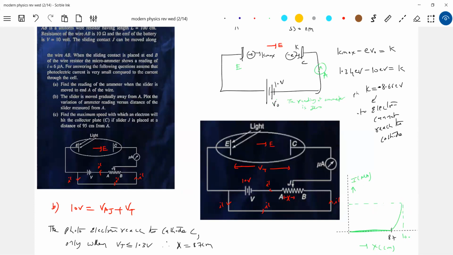In this case, because the potential difference is in the other direction, if we change the polarity, then we can get saturation on the other side. The increasing slope graph will not come now, sir. As X increases, VT will decrease. Then there is more possibility of more electrons coming and striking the cathode. The number will increase, sir, but what about the rate? The rate will definitely be different.